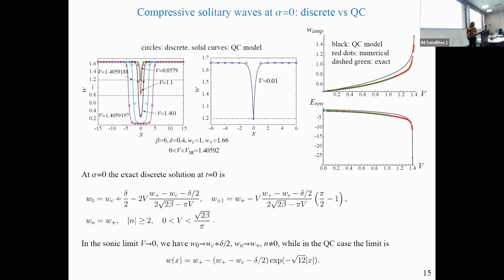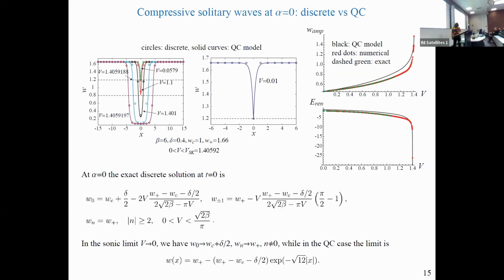But the quasicontinuum model doesn't do quite exactly the same. The important thing here is that these solutions are all, if you remove the background, compact. So the compact structures are on top of the quasicontinuum model. In the limit, we get this kind of exponential decay, so it's not exactly compact. This is where the quasicontinuum doesn't quite capture the whole thing.